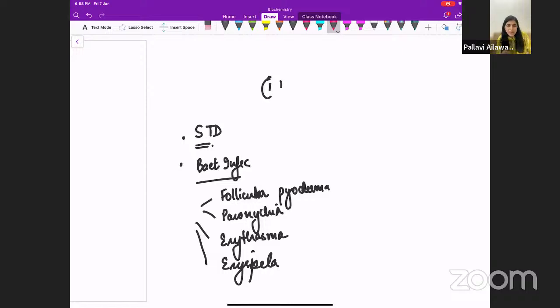Then we have psoriasis and lichen planus as very, very important points. So psoriasis, lichen planus, and without fail, a question on nutritional deficiencies has been asked over the last so many years. So pellagra, acrodermatitis enteropathica, phrenoderma, these are all extremely important. Okay. These are the topics. If you do them from dermatology, I can tell you that you will definitely be able to do all the questions. Apart from that,